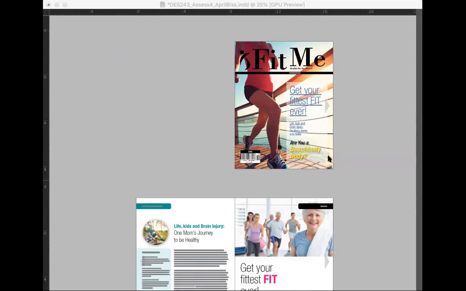But then you're going to send me, so don't get this confused, not only are you going to send me the URL, you're going to submit this, and I can't show you how to do that because I'm not a student. You're going to submit this, and you're going to paste that URL as you submit your actual interactive PDF. So the interactive PDF by itself needs to be submitted, as well as the URL of the